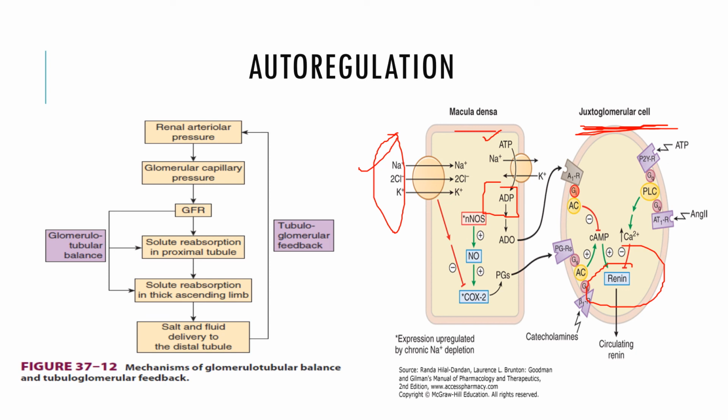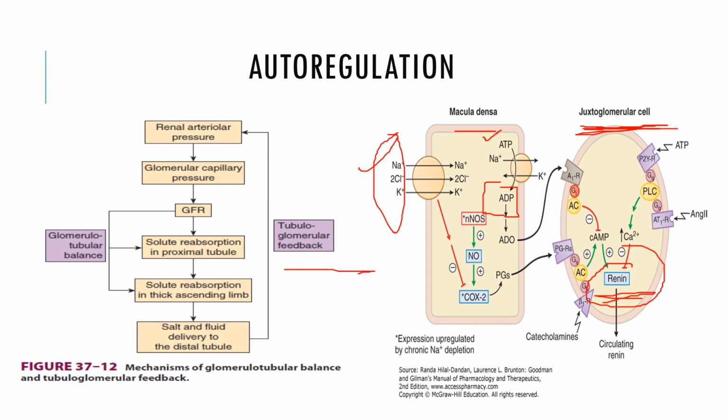But the similar mechanism generates a signal that decreases the renin secretion by the adjacent juxtaglomerular cells in the afferent arteriole. So it is causing vascular smooth muscle contraction at the afferent arteriole, and it is preventing the renin release. So this mechanism is known as the